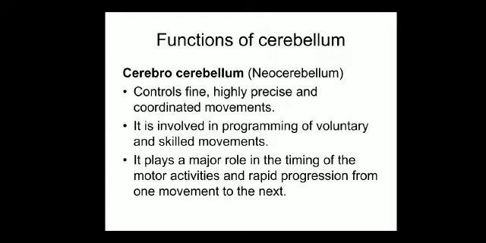Basal ganglia is already done, so I am just telling about the cerebellum. The cerebellum is already receiving information from the different parts of the body, so it compares the two and sends impulses to the cerebral cortex. The cerebral cortex then performs through the corticospinal tract, and then there will be some movement of the muscles.